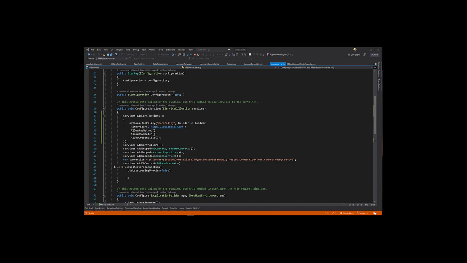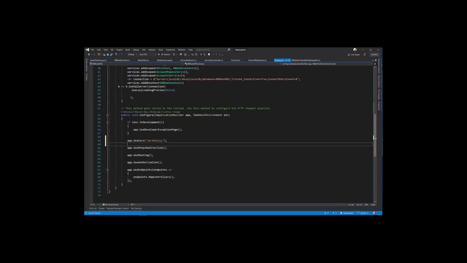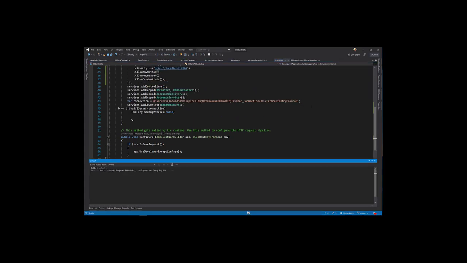It is explaining that if some origin starts with localhost 4200, the API will allow it to access any method using any header. So this URL localhost 4200 is the URL of our UI. So now when our UI tries to access the API, it will be allowed, because we have mentioned in our API settings that anything that begins with localhost 4200 is allowed. We are going to use this policy in the configure section of startup, and now if we run it